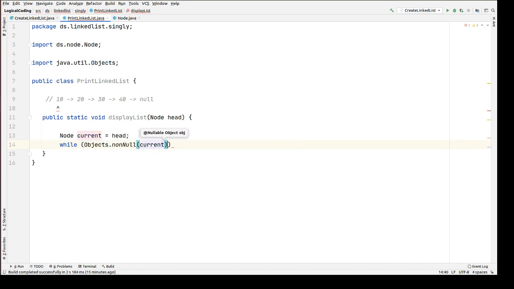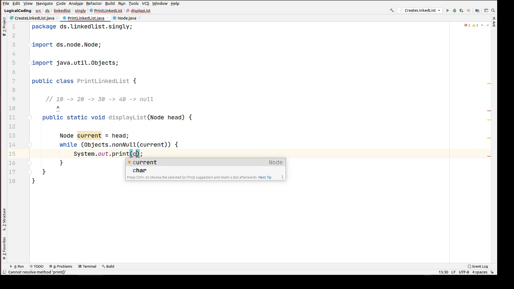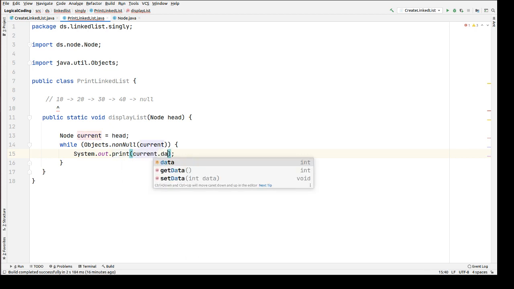If current is not null, only then will it come inside this while loop, and when it comes inside the while loop, we will be printing the data of the current node, and after the data we'll be printing a link as a separator.